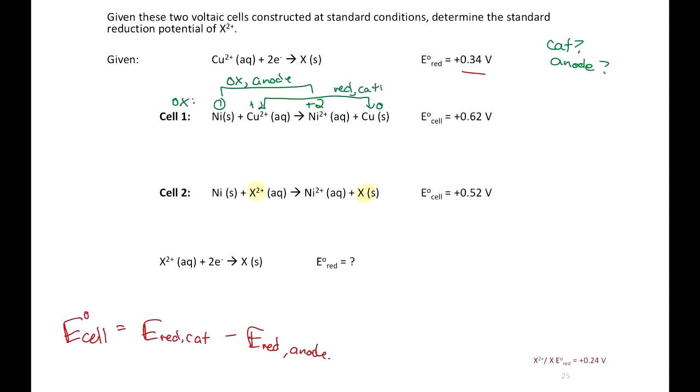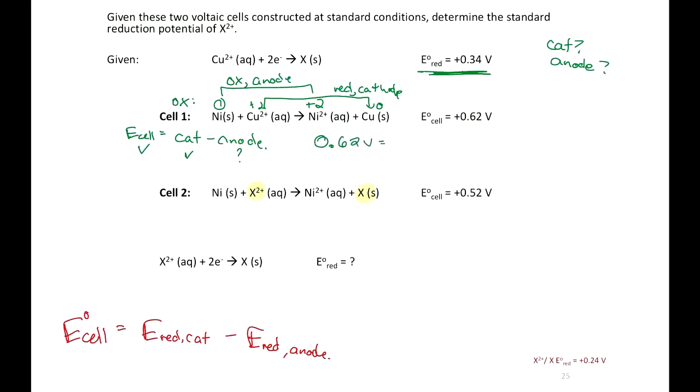It is the cathode. All right, so when we put together this equation, E cell equals cathode minus anode, I'm given the reduction potential of the cathode. In this case, copper was already given. So I'm going to calculate the reduction potential of the anode, that missing piece. In that case, it's nickel. So putting the numbers together,